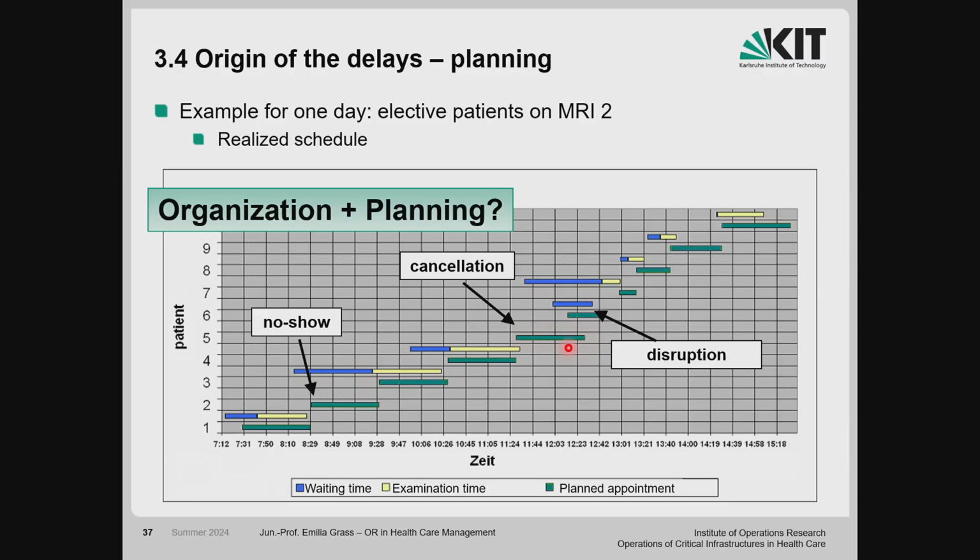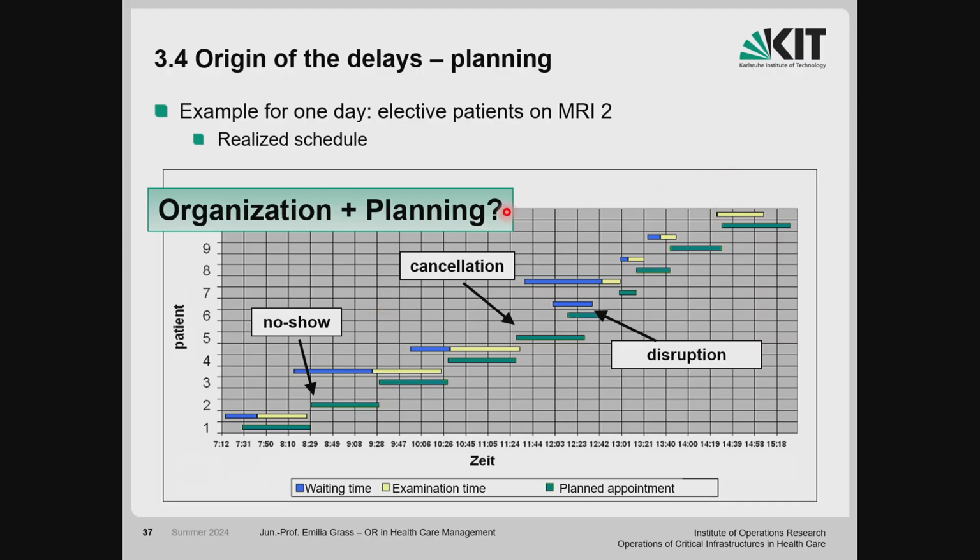That was a cancellation made by the clinic itself. Maybe the patient was not ready for the MRI scan. And here there was a disruption. For instance, a patient is panicking due to claustrophobia or something like this, and the treatment cannot be processed. So that can also happen. And also the real durations often didn't match the planned ones. Here it's much shorter than planned. So why assign a time slot of 2 hours if the treatment time is less than that?